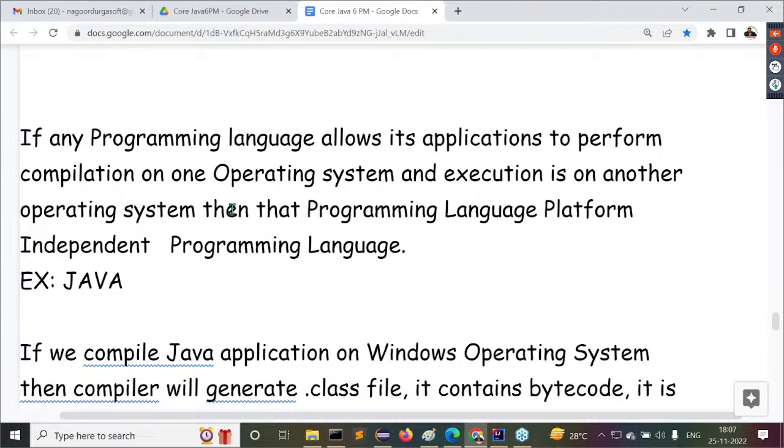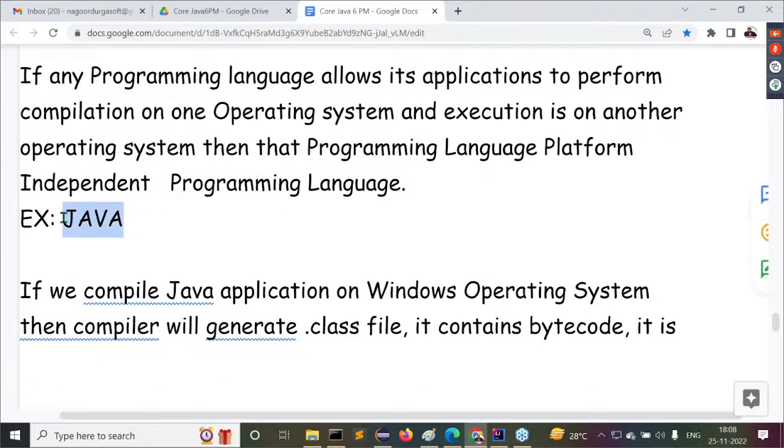If any programming language allows its applications to perform compilation on one operating system and execution on another operating system, compilation and execution on two different operating systems, then that programming language is called a platform independent programming language. Example is what there? Java. Java is the best example for it.